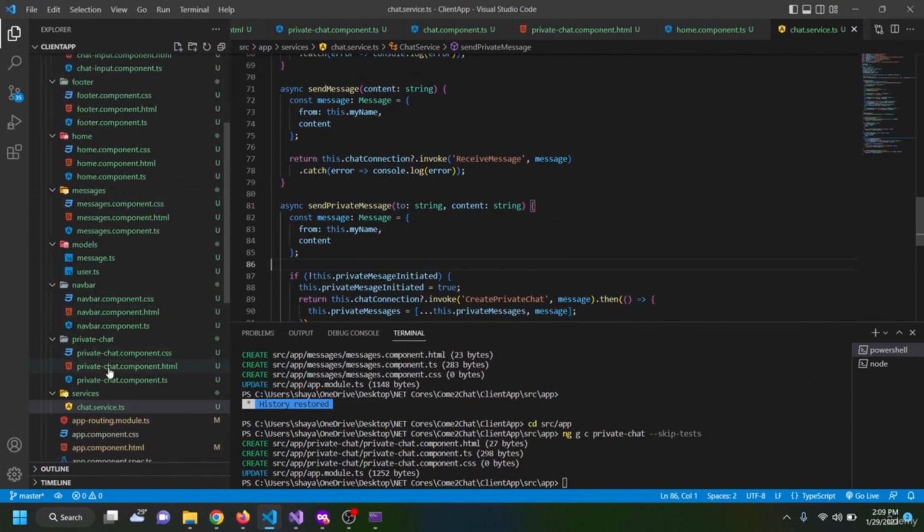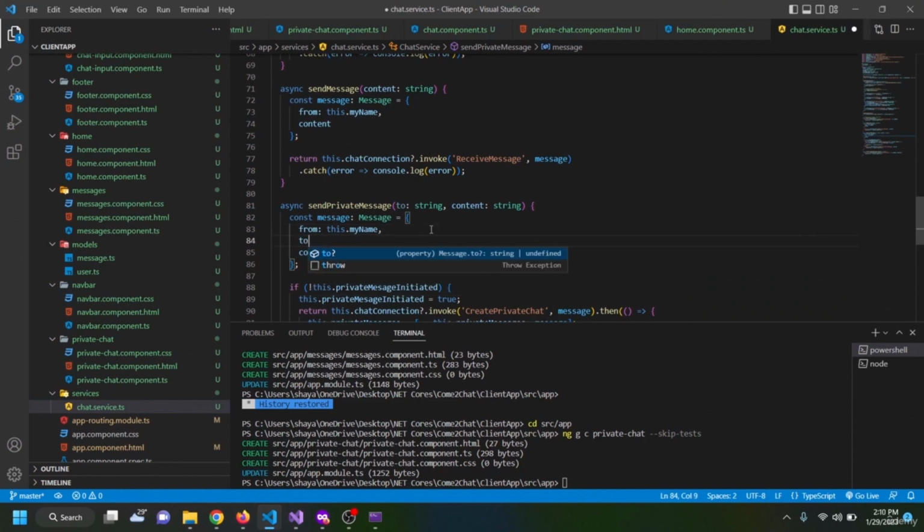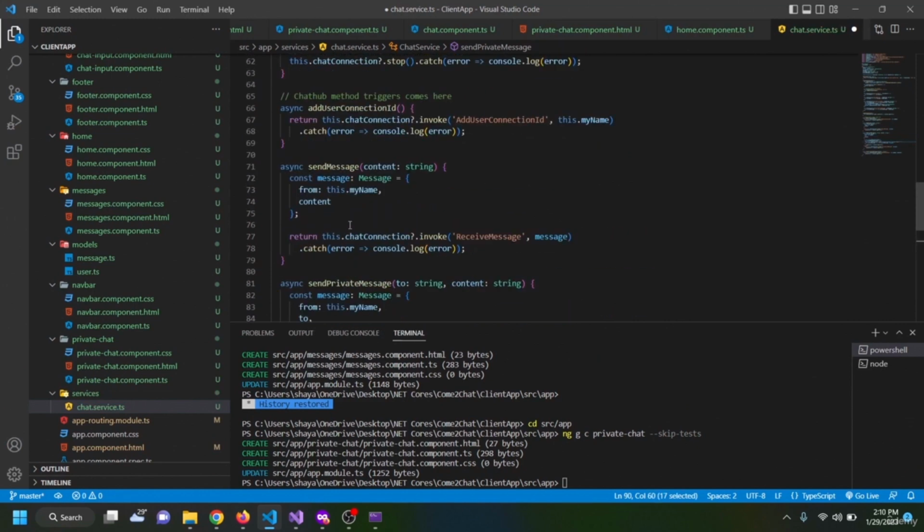And then I head back to my chat service, and inside sendPrivateChat we are going to pass to inside our message model. So in order to do that, I just type to and comma,